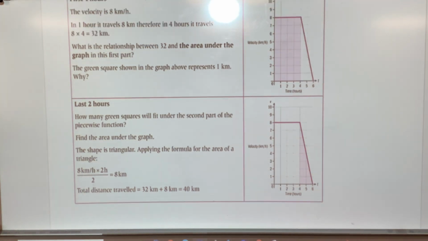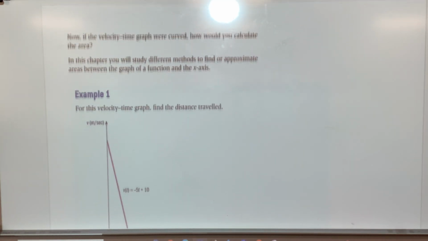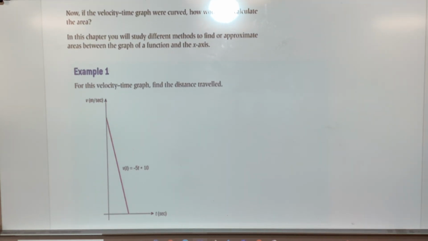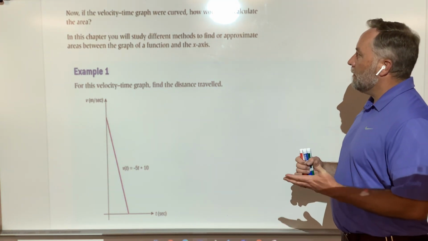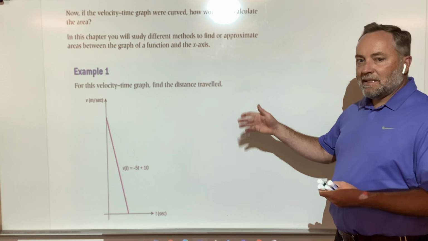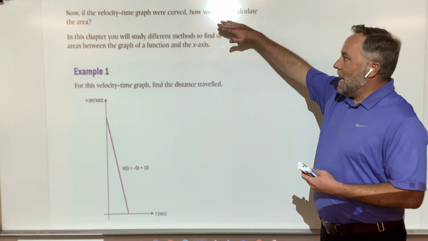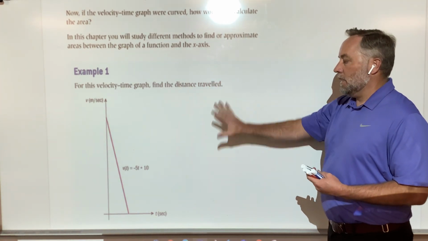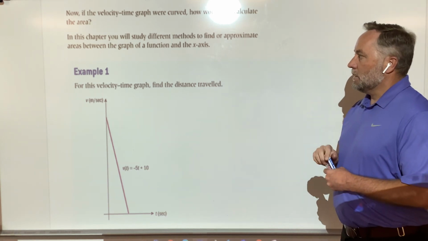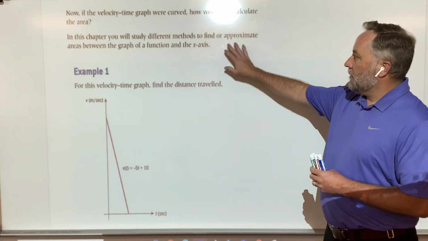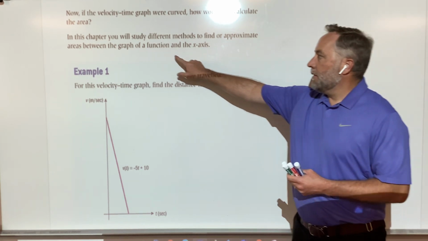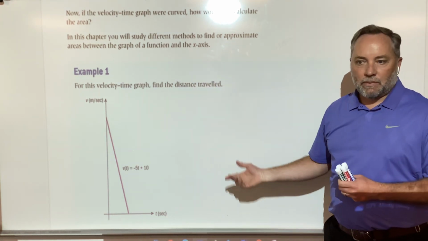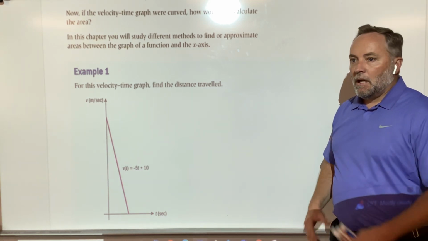All right, so then we have a similar question, but let's see what's different about this. It says, now if the velocity time graph was a curve, how would you calculate the area? So that's the question we're leading up to. They ask us here now, but we still get some non-curved pieces. So we'll study different methods to find or approximate those areas between the graph of a function and the x-axis. That's where we stay the whole time. All right, so